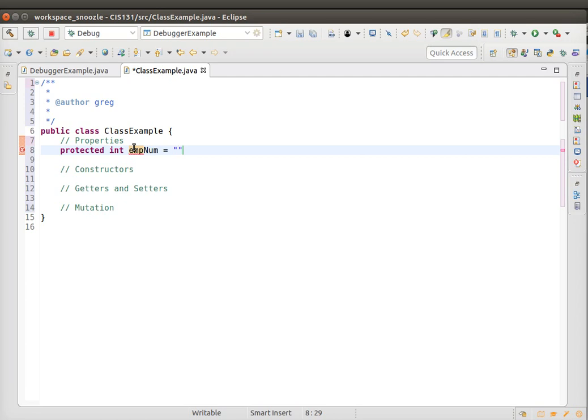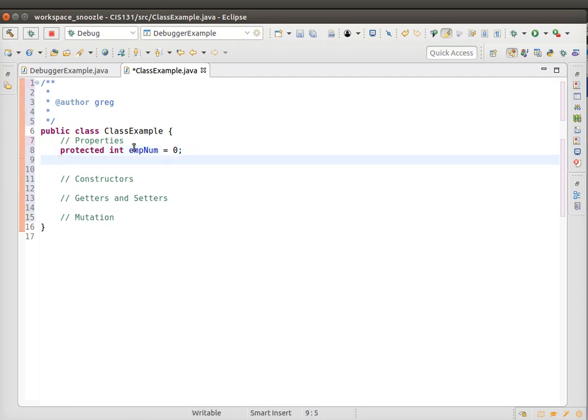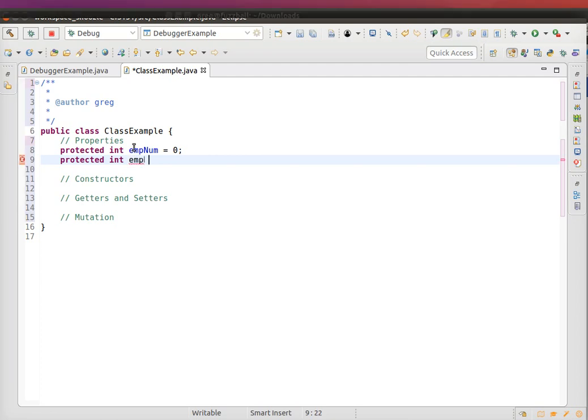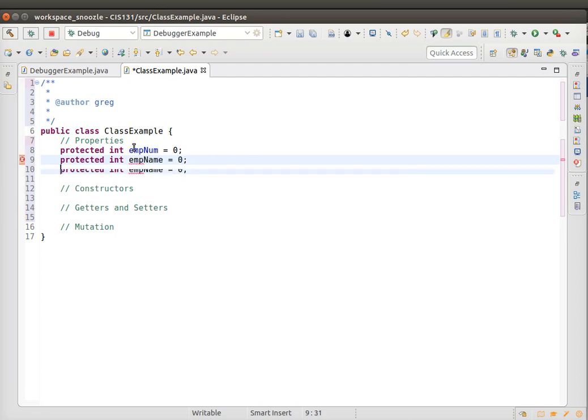and then you can actually initialize them in here. If you initialize them here and you don't define them in the constructor, it will automatically do it for you here. So I've got employee number, employee name, and while I'm typing this out, there's three types of protections,